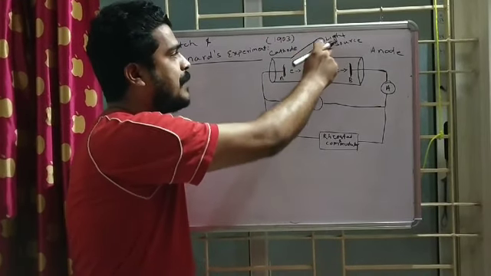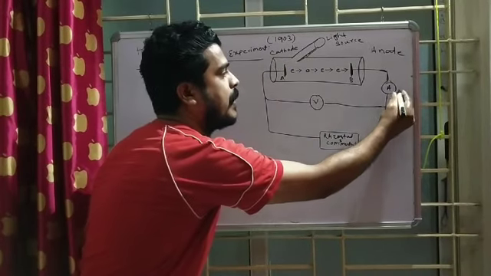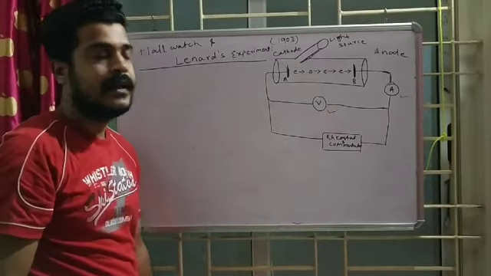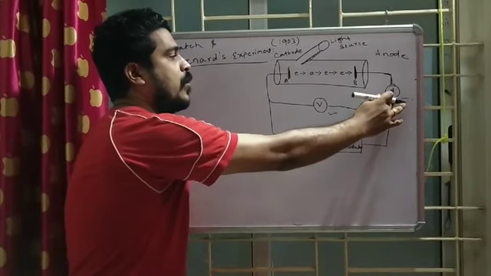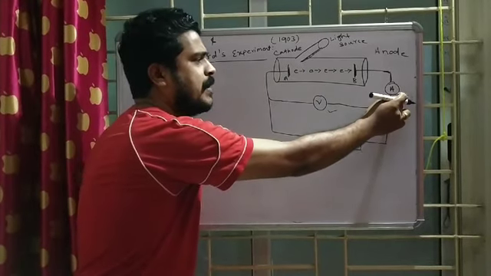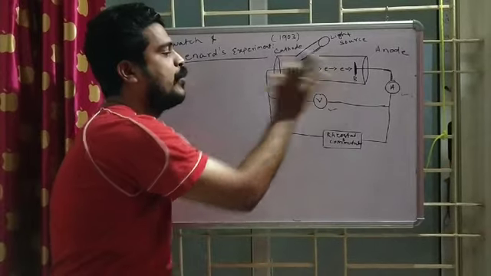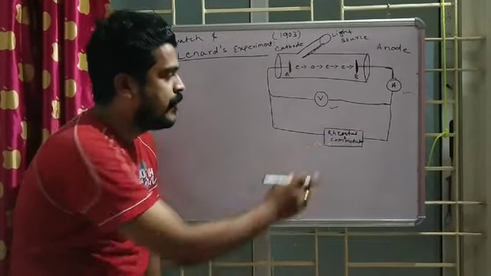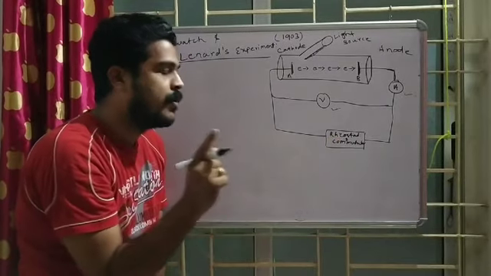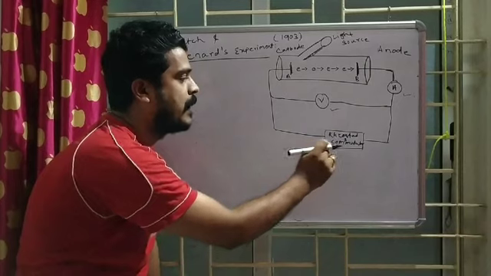A light source is also connected to the glass tube, and here an ammeter is connected to measure the photocurrent, meaning how much current is appearing here. A voltmeter is used to measure the potential difference between the two electrodes. And the last part is the rheostat and commutator. The main thing is that you need to know the function of a rheostat and a commutator.